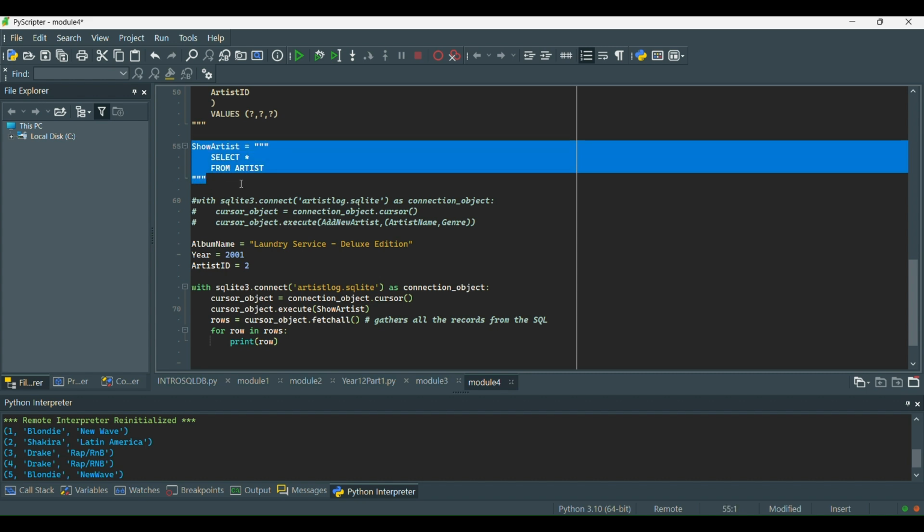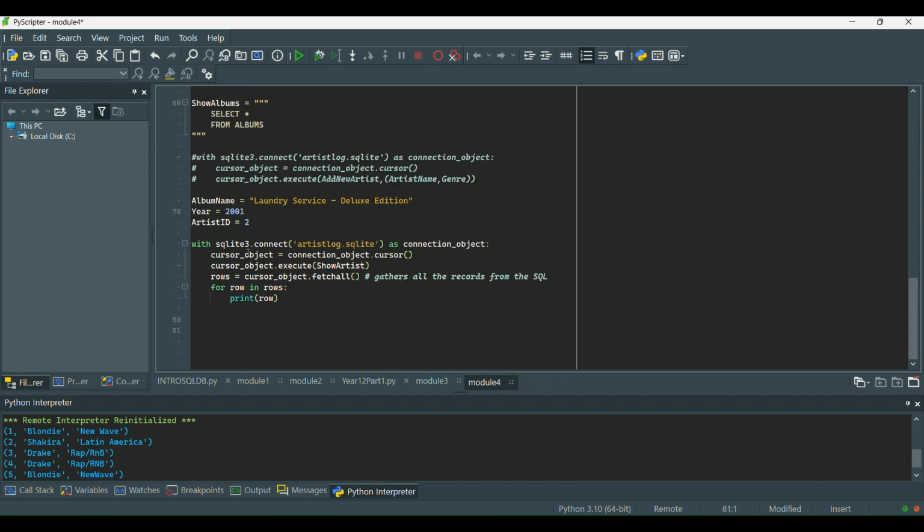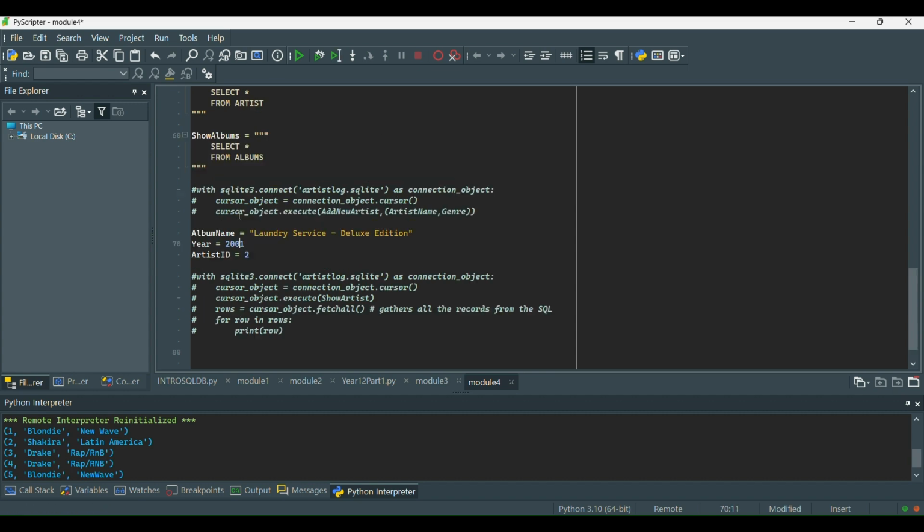What I'm going to do is show the albums. So I'm going to create another one called Show Albums and select all from albums because I'm going to use this in a minute. Now, this I'm going to comment out because I don't really need to display all the artists again, okay? So as it stands at the moment, I don't have any code to add new albums in. What I'm going to do first is I'm going to now do that. So I'm probably going to copy this code